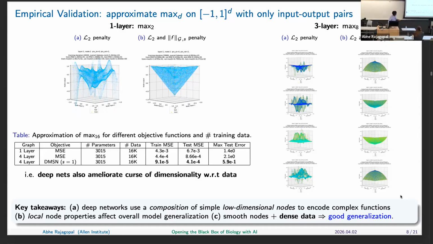But importantly, it's not just visual. You can look at the error and compute the error, and it seems to work much, much better. I think I have other examples, but this is the example that is very visualizable. You can see it's two-dimensional. Each node is 2D. Does that make sense? Okay. Happy to talk about it after.